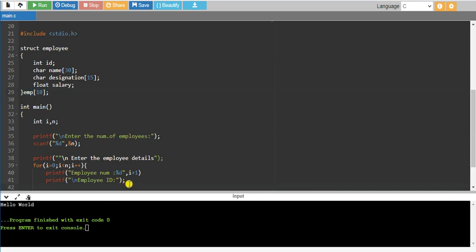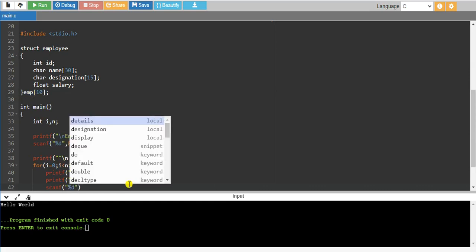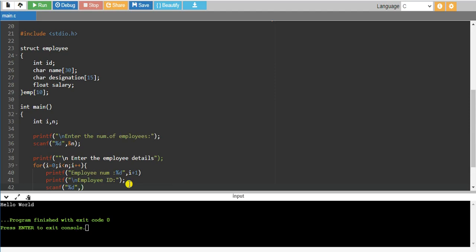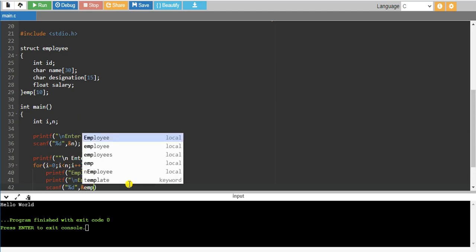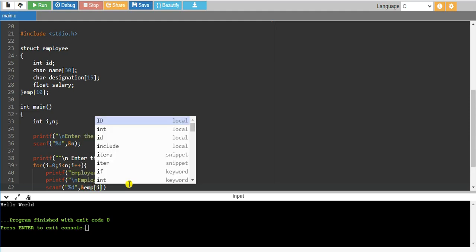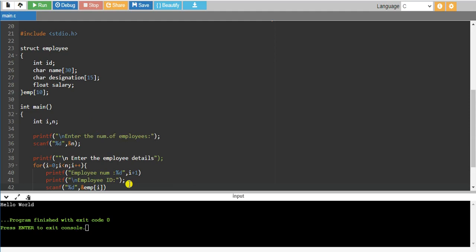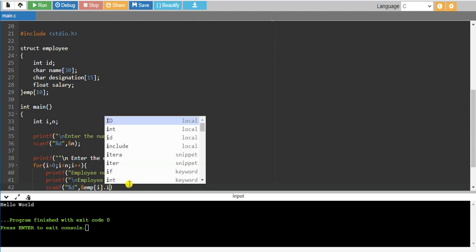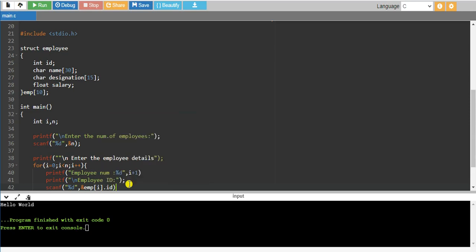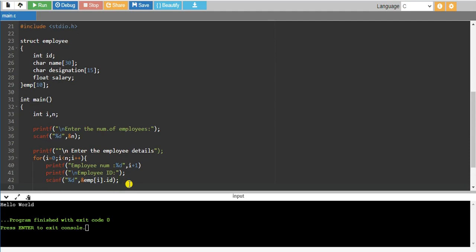To scan that, I have to use a scanf statement: scanf %d, comma, ampersand emp of i dot id. The dot operator is used to access the employee details like id, name, designation, salary, etc. This is for employee id.